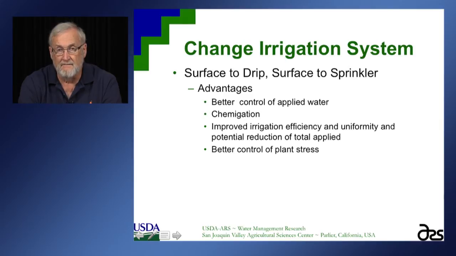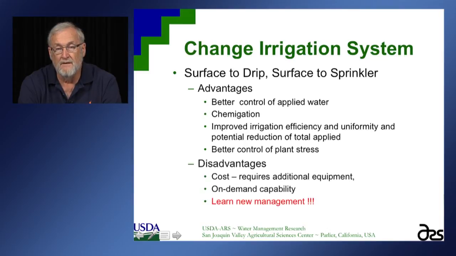And really that's the things we're looking for, is to try to improve the nutrition and minimize the stress when we're doing this. Of course, the disadvantage is the cost. I mean, certainly a drip system or a sprinkler irrigation system costs a lot more per acre than simply having to go out and grade the field for a gravity irrigation system. So what this means is you have to look at changing your cropping pattern, so you get the additional benefit that can be associated with having these type systems.